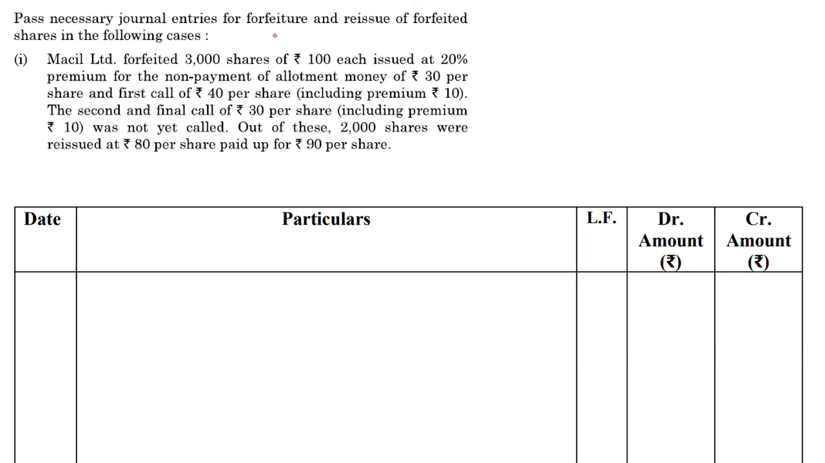Pass journal entries for forfeiture and reissue of forfeited shares in the following cases. We've got part one and part two, which is in the next video. For now, part one, we're going to be doing journal entries in the books of